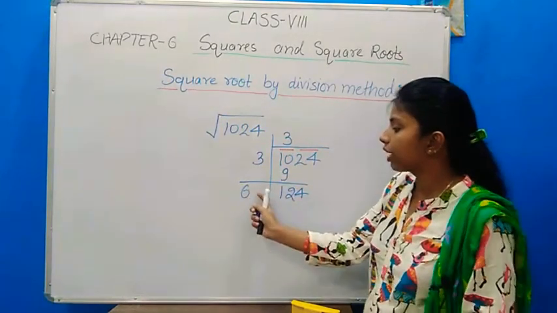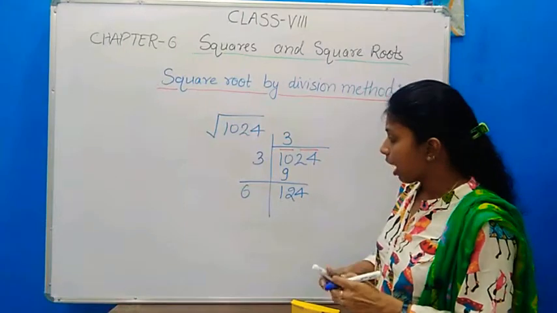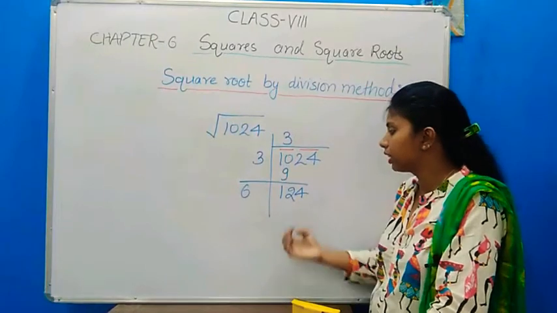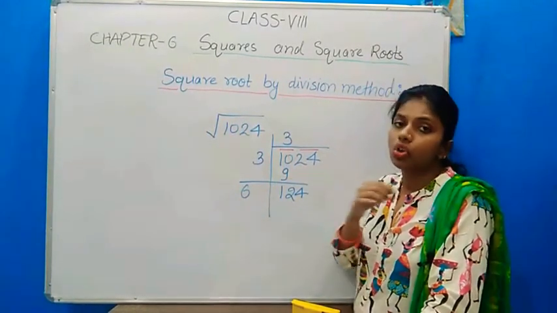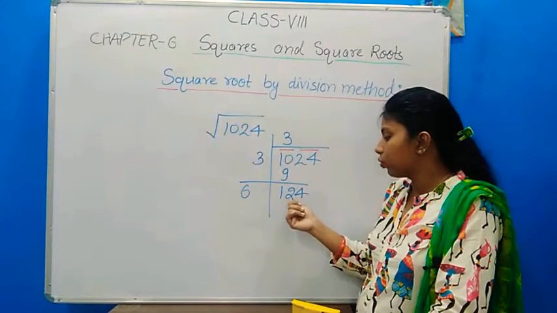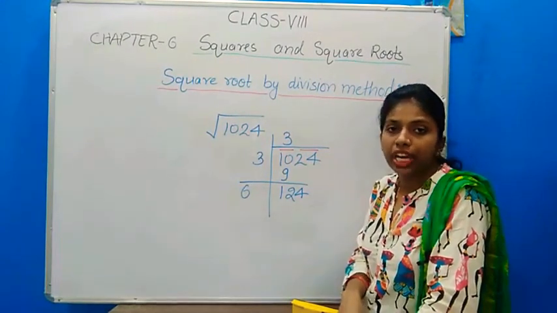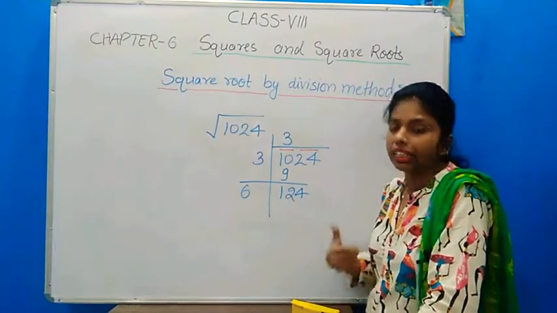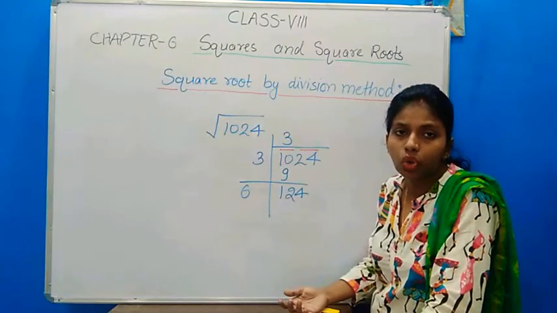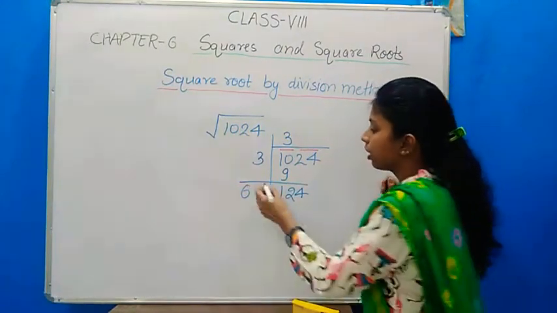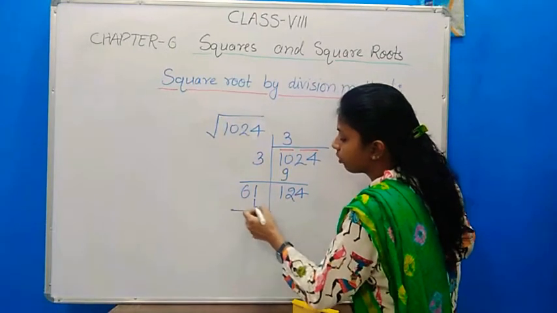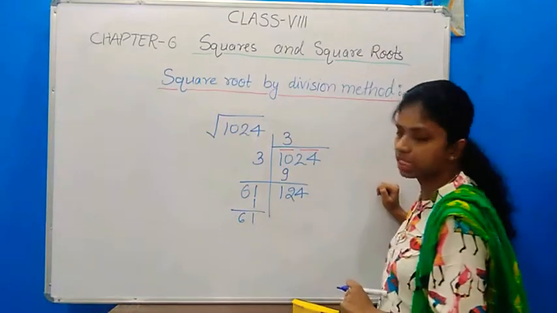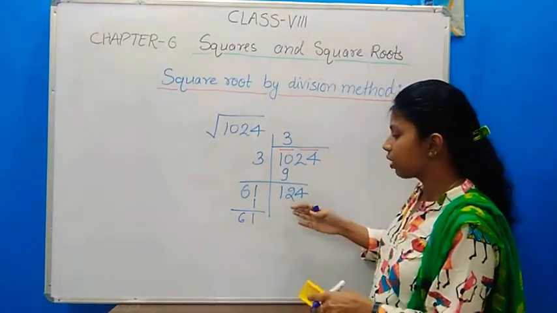Now again we have to take a number here, so that if we multiply that number with this whole number, it becomes equal to 124. There are two ways. We are going to check one by one. Suppose I take 1, then 2, then 3, then 4 like this, or we can do a simple thing. Suppose I am taking 1. We are going to multiply with 1: 1 times 1 is 1 and 1 times 6 is 6. It is 61. It is very much less than 124.